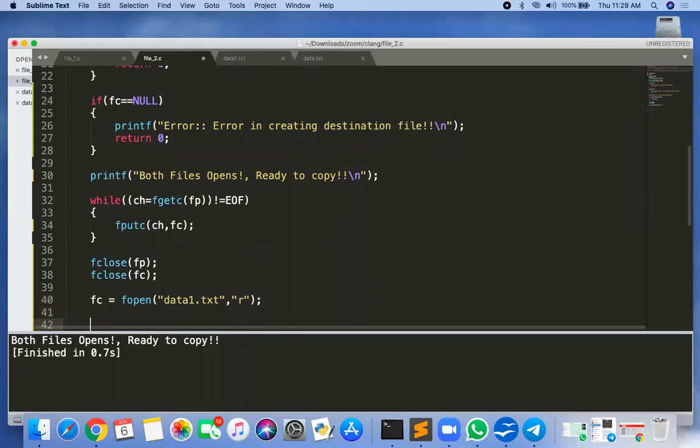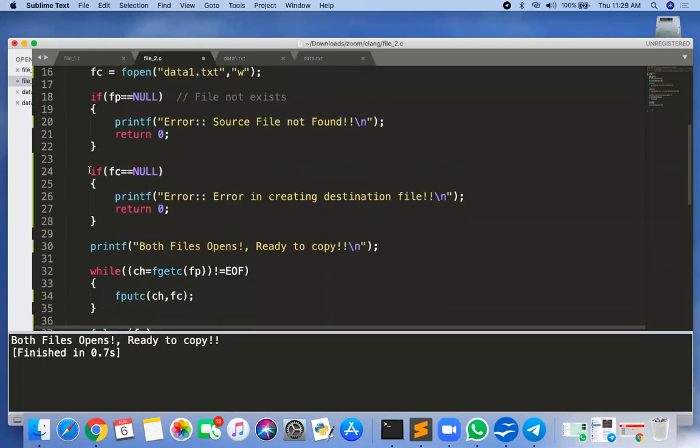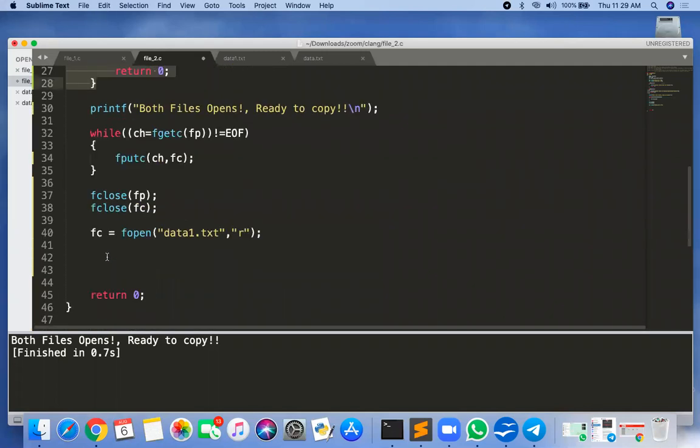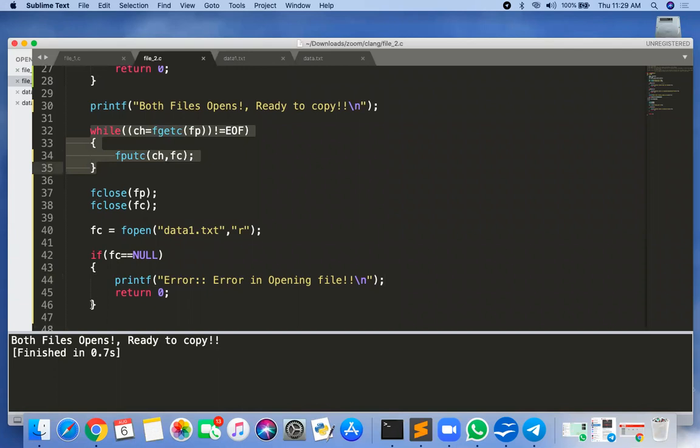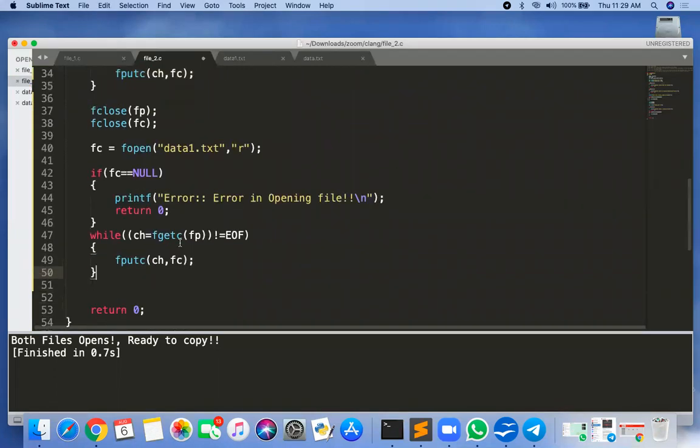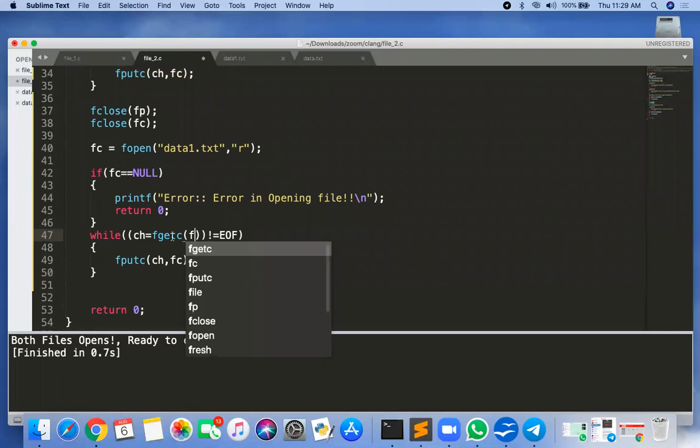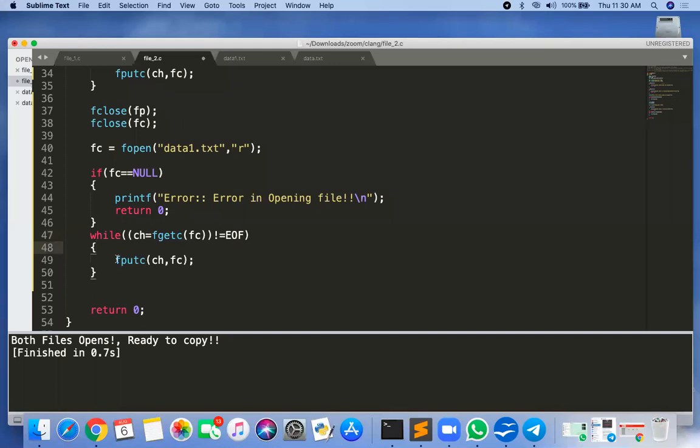In read mode I have opened it, and then we check if fc equal to NULL, print error in opening file. And then the same thing, Control C and Control V, and here instead of fp it should be fc only, and then instead of fputc just do the printf statement, %c, ch.